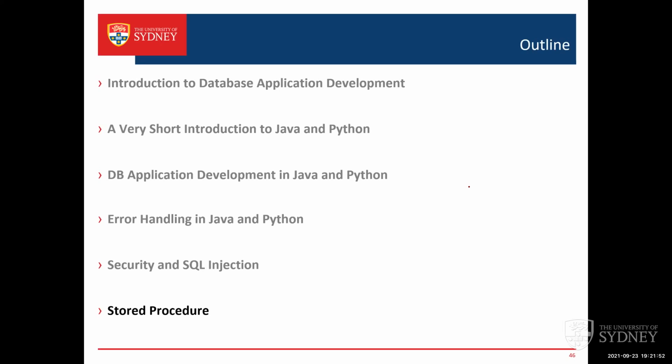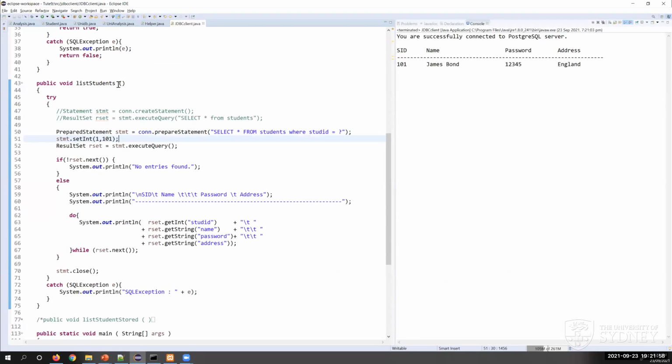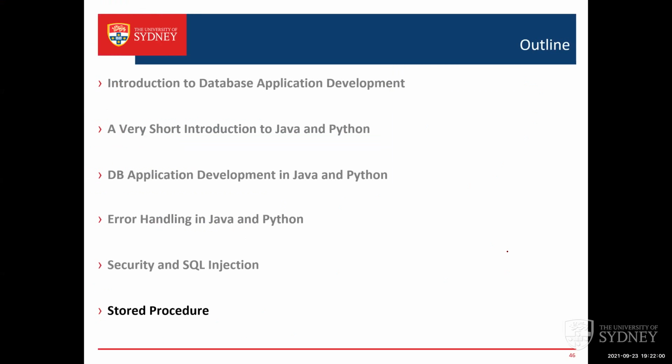Stored procedure. What does a stored procedure mean? So the methods that I have created, let's say here I have a list student method, right? This method is in the client machine. Can someone use that method? No, because this is in one client's machine. Someone has developed that one. But if we create a method and put that into the DBMS system,